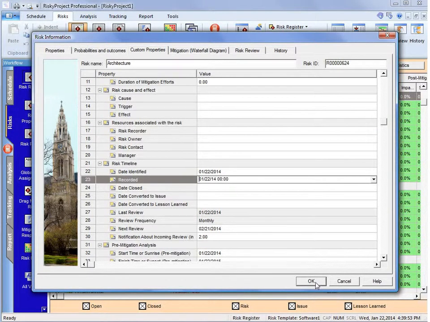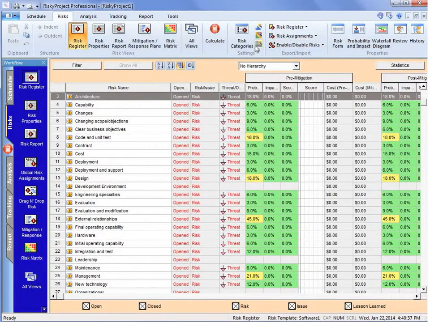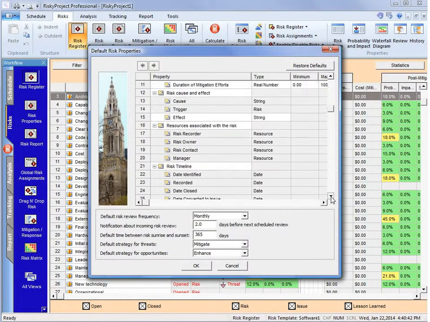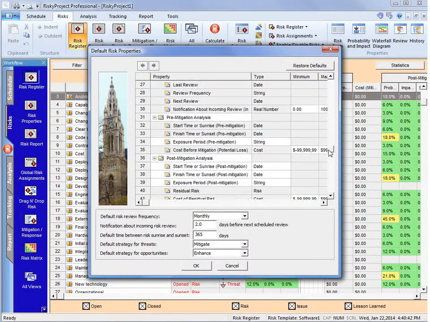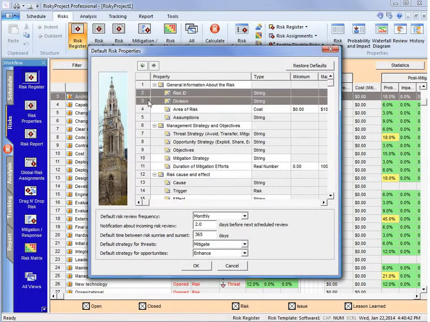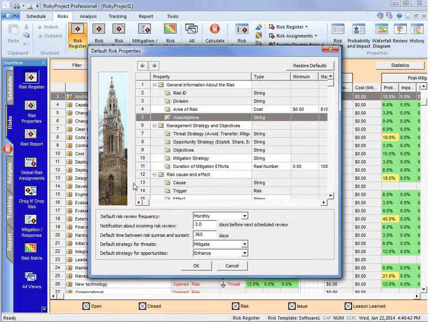To modify the properties, on the risk tab we go to define risk properties. Click that icon and we get the default risk properties. Here we can again see a list of all the properties included in the risk register by default. Some of these are grayed out, and the reason is that they're hard-coded. They are part of the system, and you can't get rid of them. However, some of these other ones,